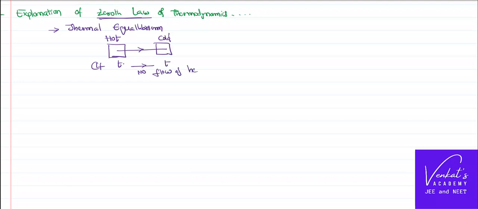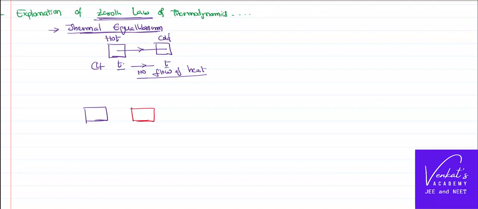Heat flows only when there is a temperature difference between them. If the two bodies are at the same temperature and there is no flow of heat even when the two bodies are connected, then the two bodies are said to be in thermal equilibrium. Now, what the zeroth law of thermodynamics says is, if we have three bodies,